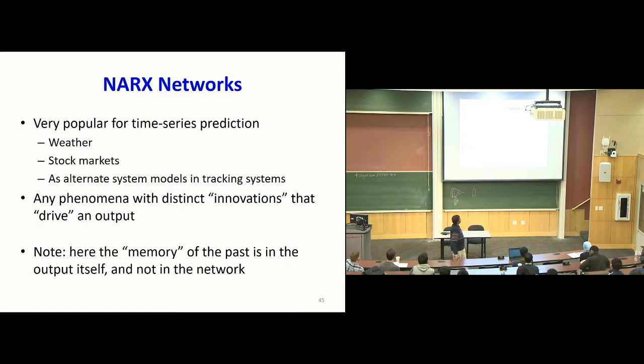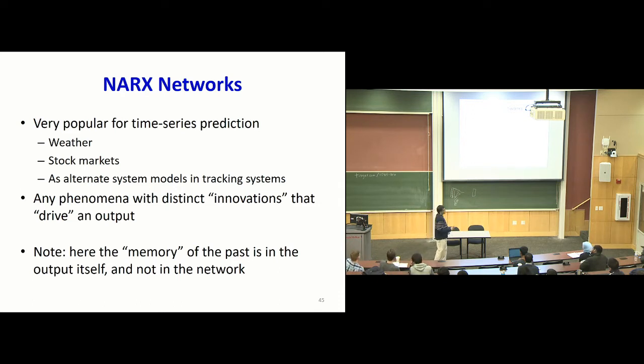And it turns out it was a very popular model for time series prediction, like predicting the weather, predicting stock markets, making predictions for tracking systems. Any phenomenon that has a distinct sequence of innovation, something new that drives the output, is well modeled by